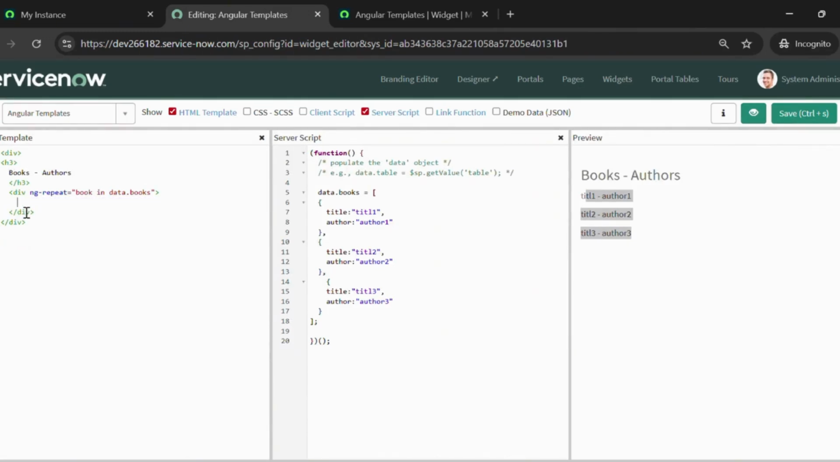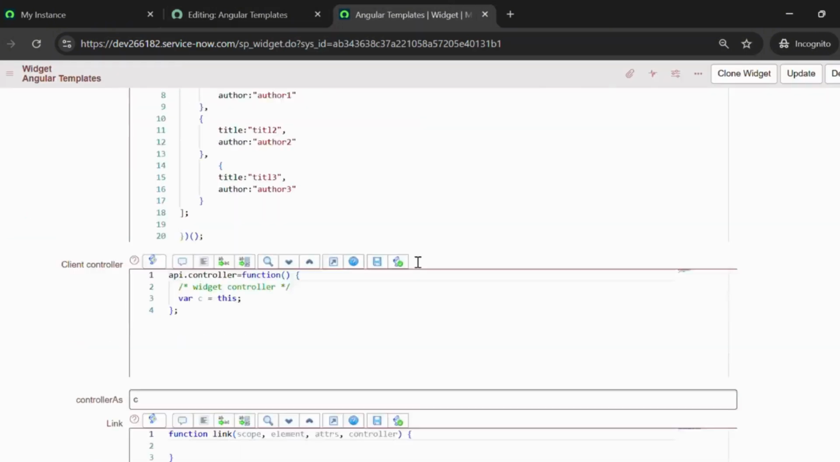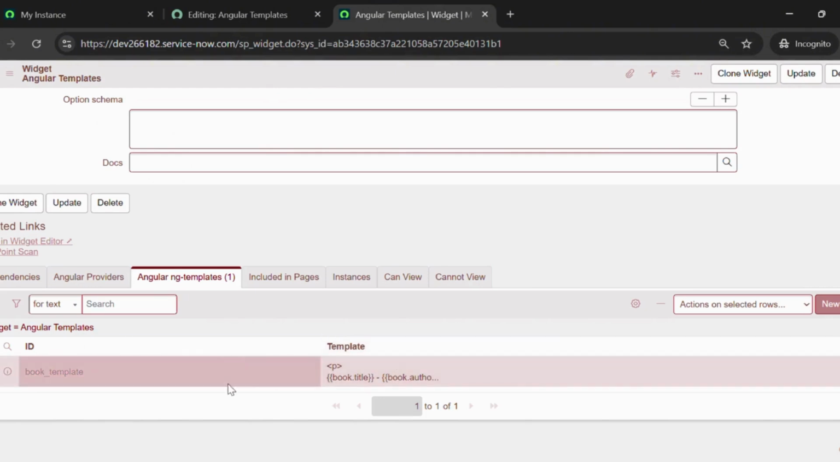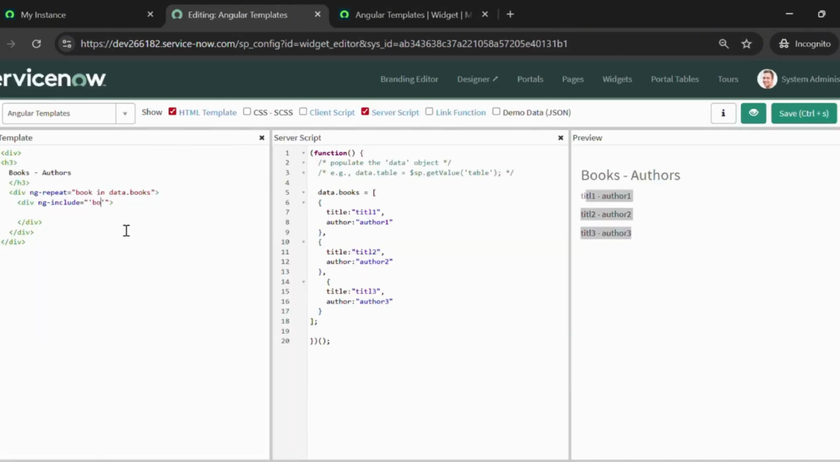For that, simply replace it with a div with the ng-include attribute. Just place the ID of the ng template, that is book template, and save that. We have successfully replaced this with the ng template. Make sure that you are using book template within single quotes, within the double quotes, or else you won't